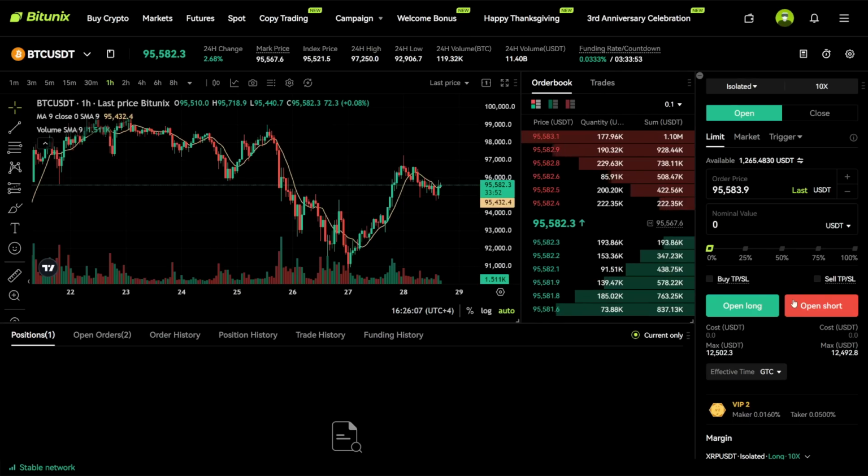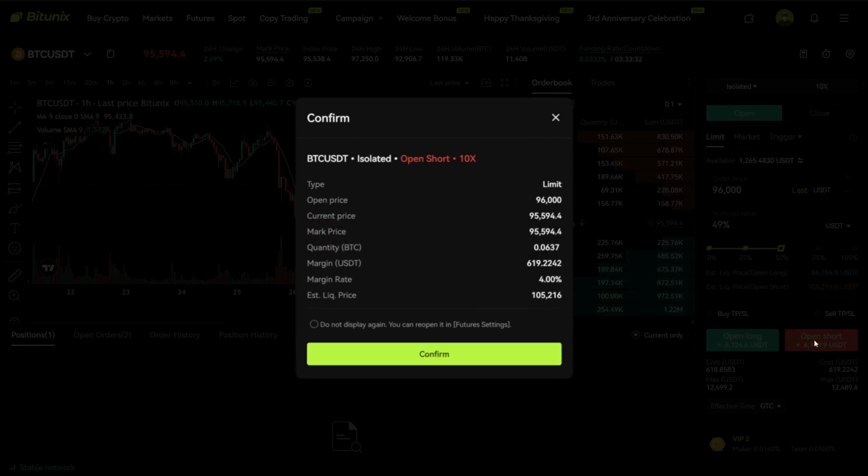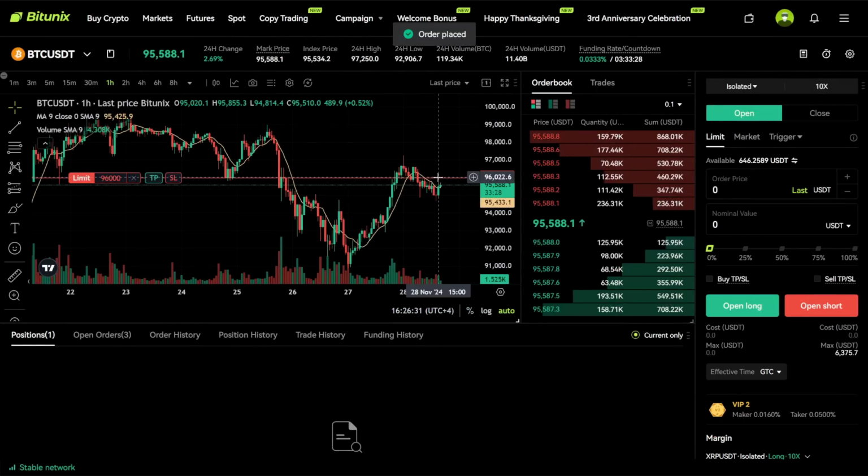And with a short position, it's the exact same, but in the opposite direction. So I can open using a short. In the case of a short position, I'd have the order price for a limit order above the price. So for example, at, let's just say 96,000. And if I'm placing the order nominal value at around 50%, so 50% of what I have going into this trade right here, and then open a short, click confirm, that opens a 10x short once the price actually crosses